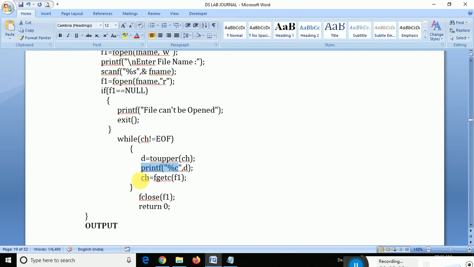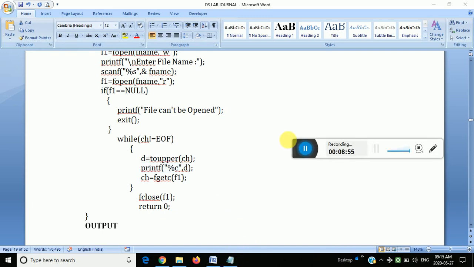Just a second. In the file it is not converting, it is reading from the file, converting that into uppercase, and showing it in the output. Just execute this program and check how it is working. Okay, thank you.